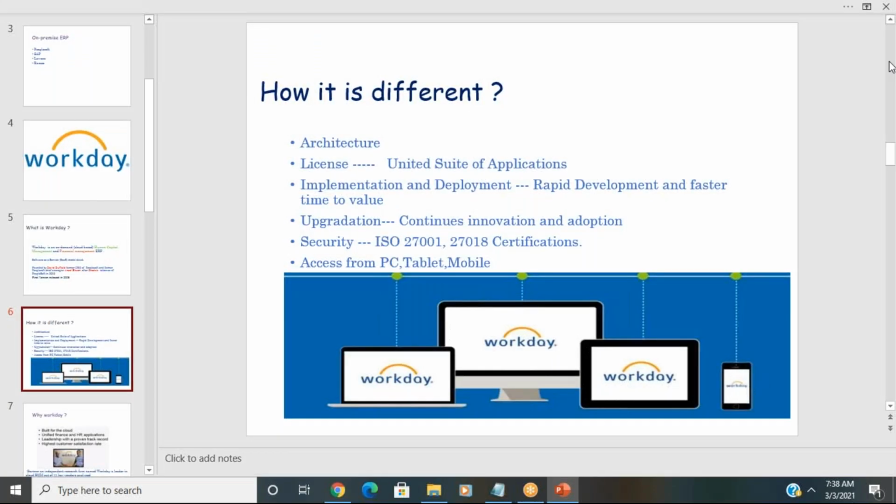Definitely, there is an operating system, but we cannot see what operating system Workday is using. Definitely, there is a database, but we cannot see what database Workday is using. Workday has officially not revealed what database they are using. Not only Workday, any software as a service model cloud will keep their architecture secret. SuccessFactors, Oracle Fusion HCM, they won't reveal it. The architecture is at the Workday side only, completely invisible to us.